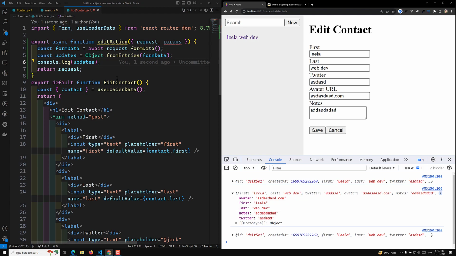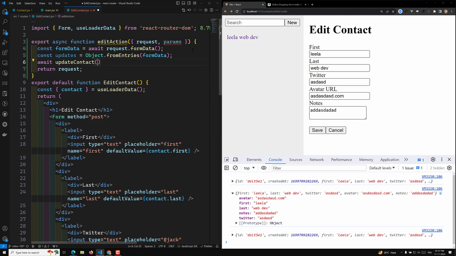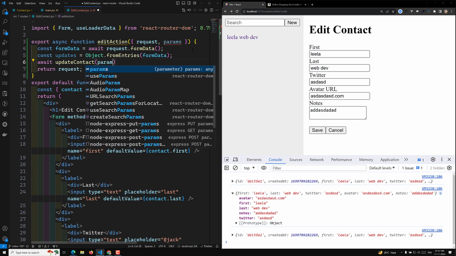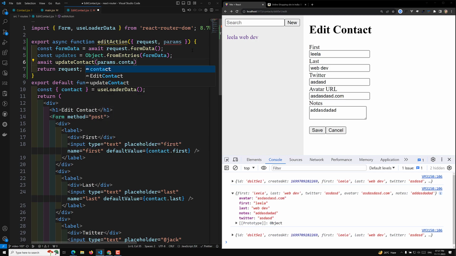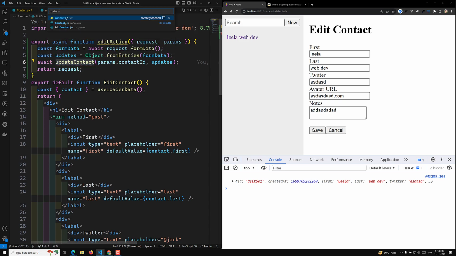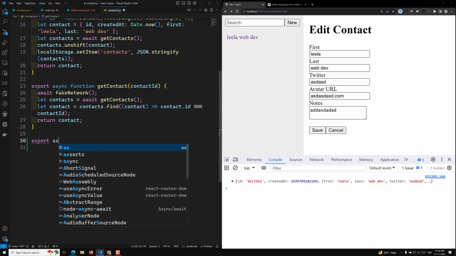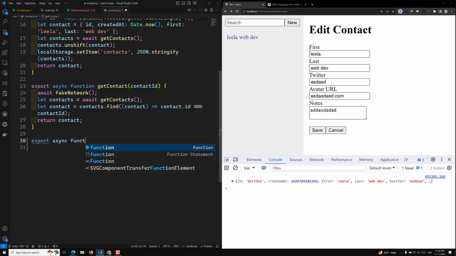Now what I need to do is send it to the contact details to update the data. So here I can write await updateContact, and I need to send which contact to update, so params.contactId, and the data we need to send. This updateContact we need to write in our contacts.js file. So here I can write the code, export async function